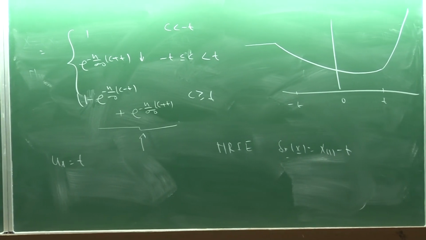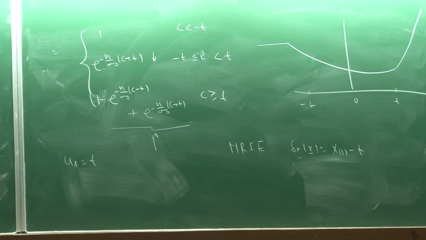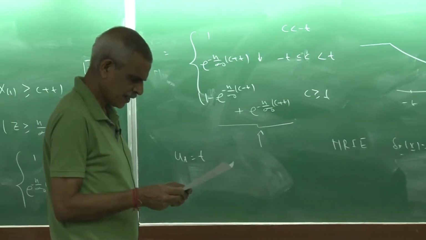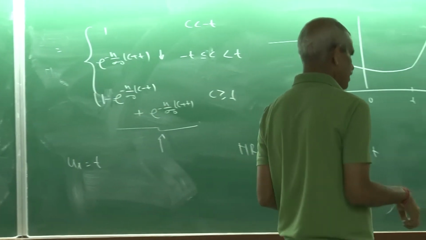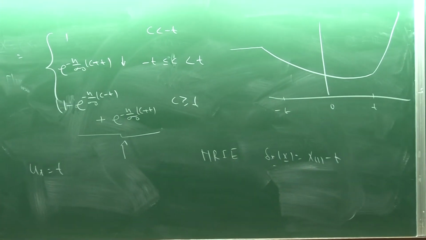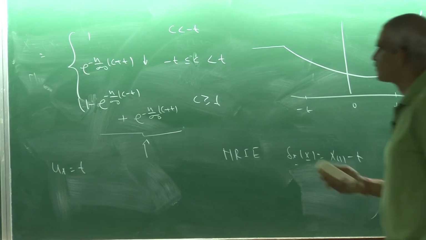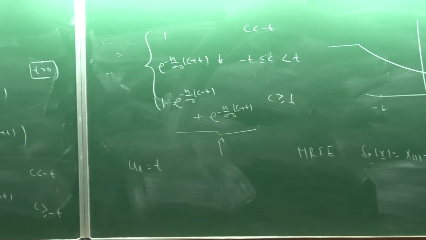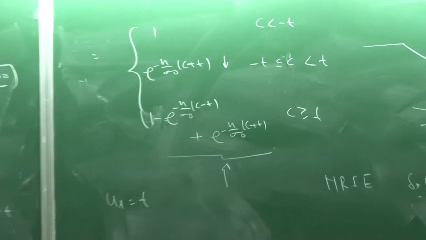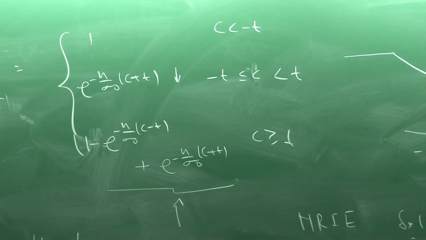Let me do one more tricky problem, and then I can leave the rest of the problems to you, at least for the location invariant estimation. So this just is an increasing function. You can take the derivative and show that it is greater than or equal to 0. Now let us consider